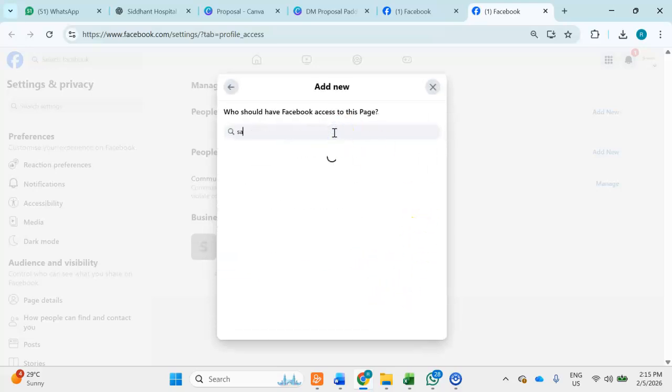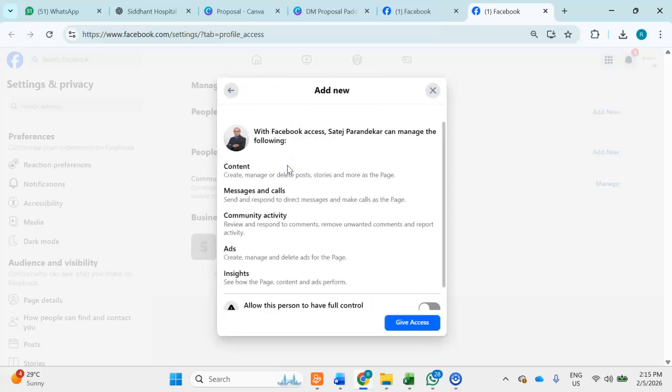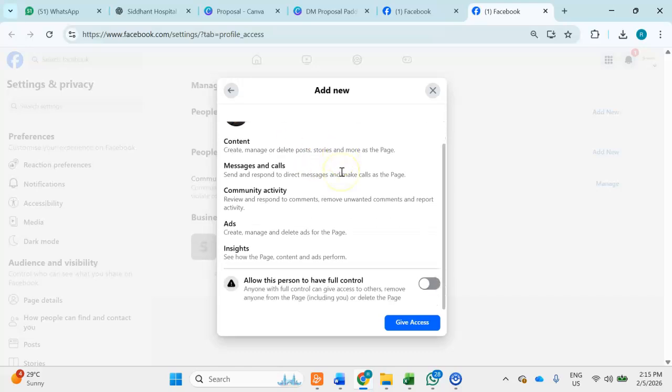Okay, so I'm going to search the person by their name. Okay, most probably their ID when they on their Facebook profile. Okay, now over here I want to give them full control. Okay, so they will have all the control you will have as an owner of the page. Okay, so I'm going to give them all control. Only give this when you're completely sure that the person is reliable and or if it's an agency. Okay, so you can do that.